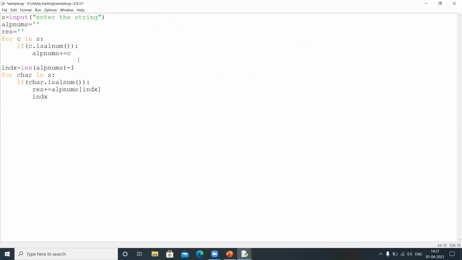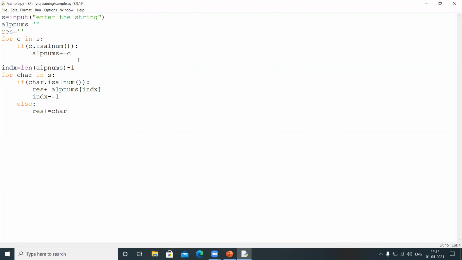Index minus equal to 1 means index equals index minus 1. Else, which means that character is a special character, just add that special character as it is to the result variable, right?